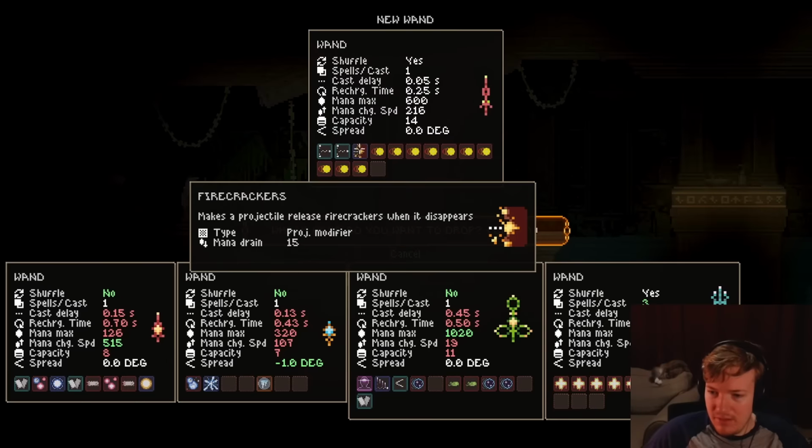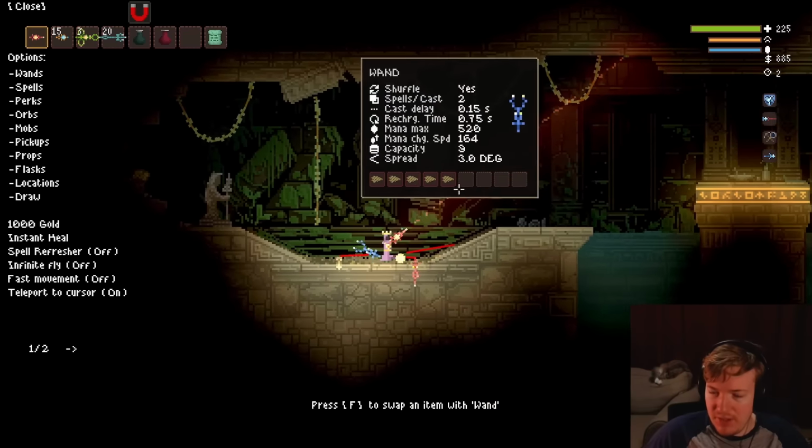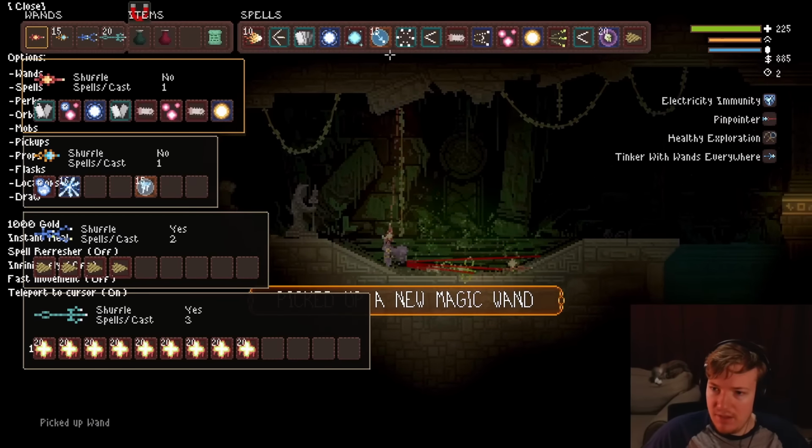We've got Firecrackers, which is maybe the worst spell in the entire game. Expanding Spheres aren't great. We've got Digging Bolt! Digging Bolt is really strong, so we'll take...